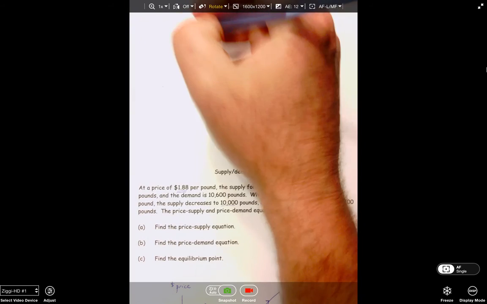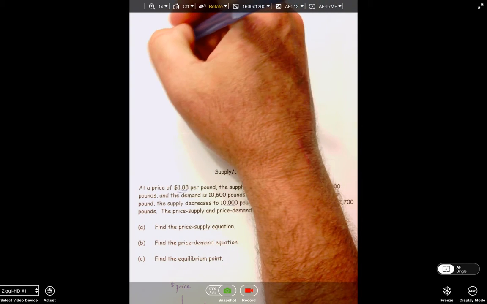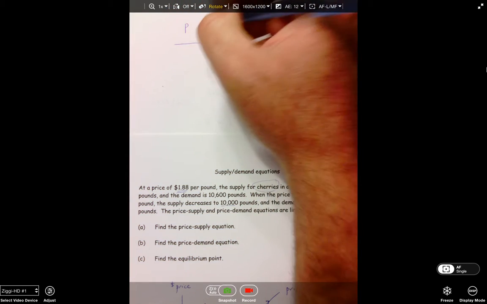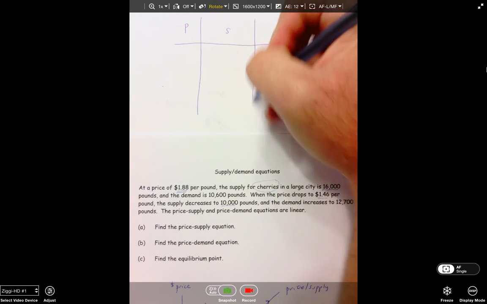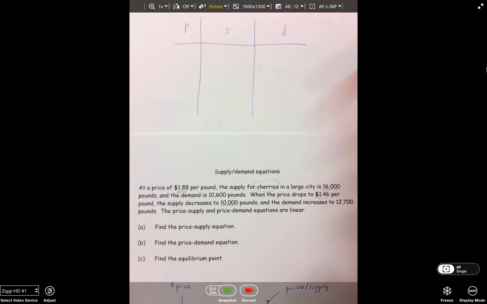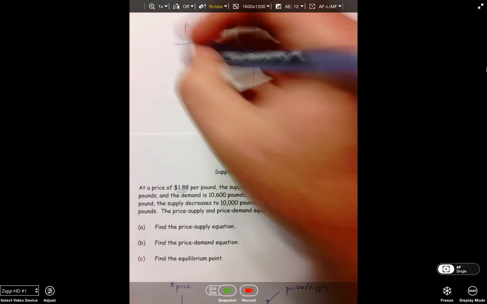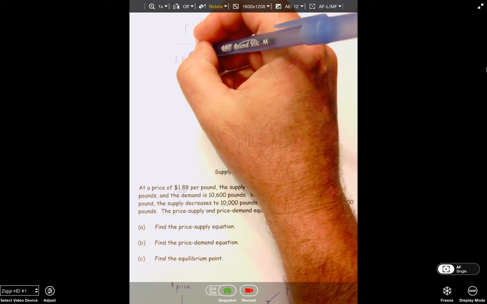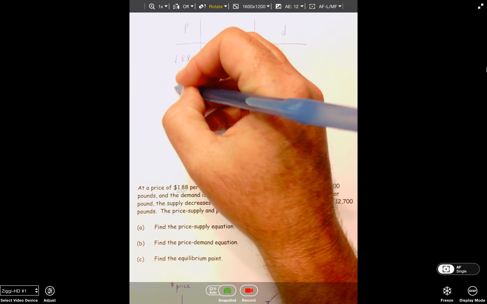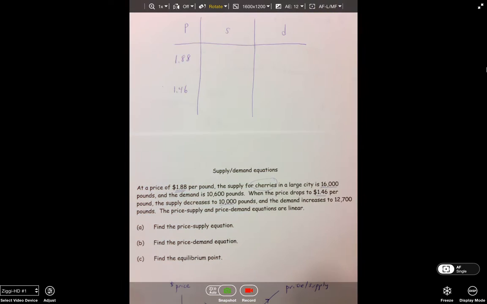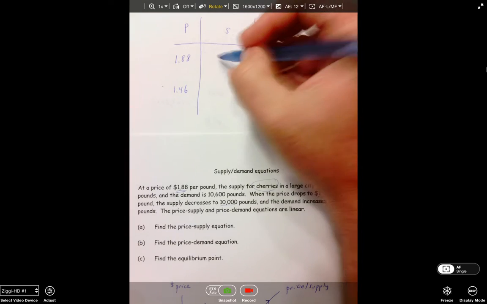So I'm going to have a particular price, and this is going to be a little bit confusing, because although I'm putting price first, we can see the way we've drawn our graph, we want price to actually come second. But nevertheless, when we have a price of $1.88 versus a price of $1.46, we know that the supply is 16,000,